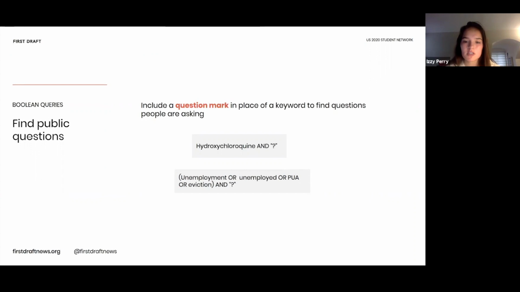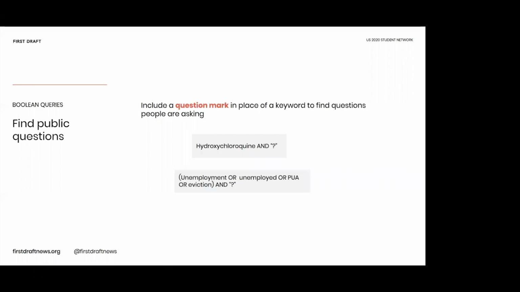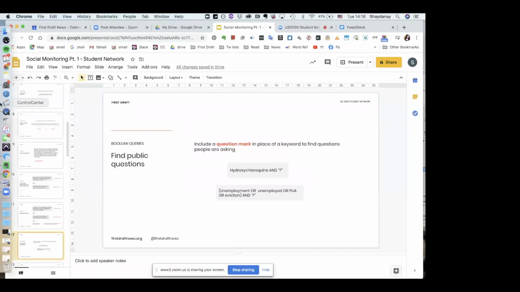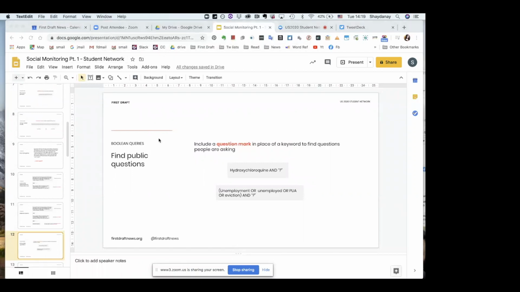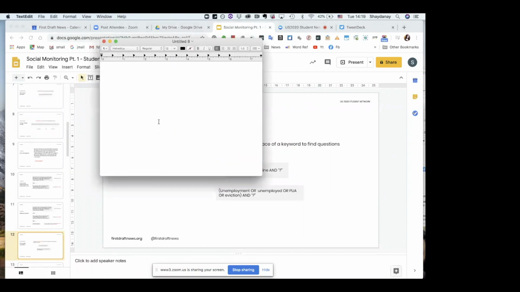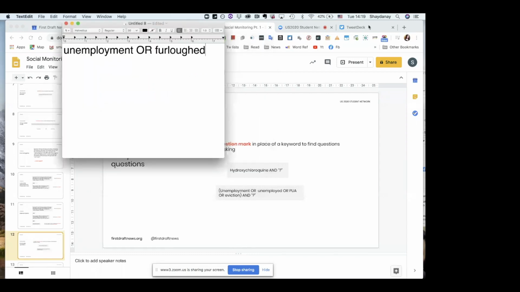And then we have one more question from Shakira. Can you expand the Twitter search bar to see the entire Boolean search string? No, and this is why, and I have a list of tips that I've written up. One of the main things that I'll do is open up my notepad or a text edit. Often I'll do a text edit. And I will write out my Boolean query here. The reason for that being exactly what I think you were implying,